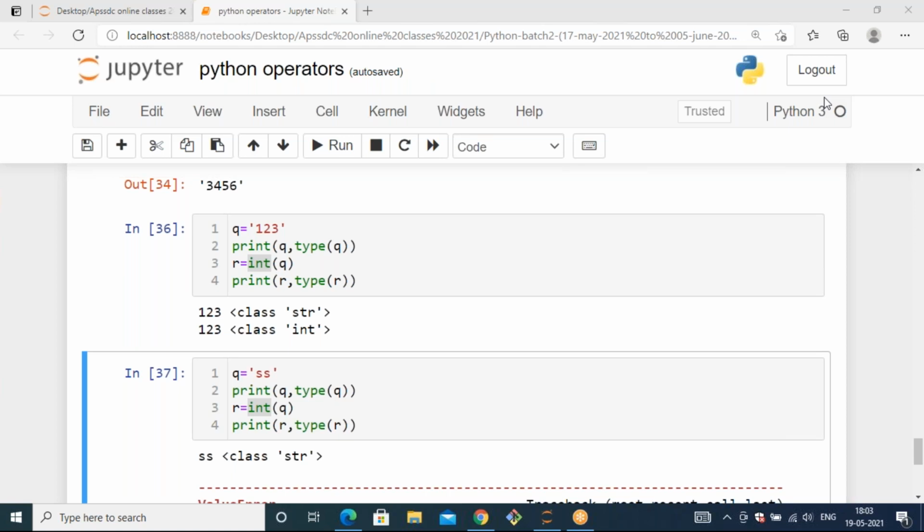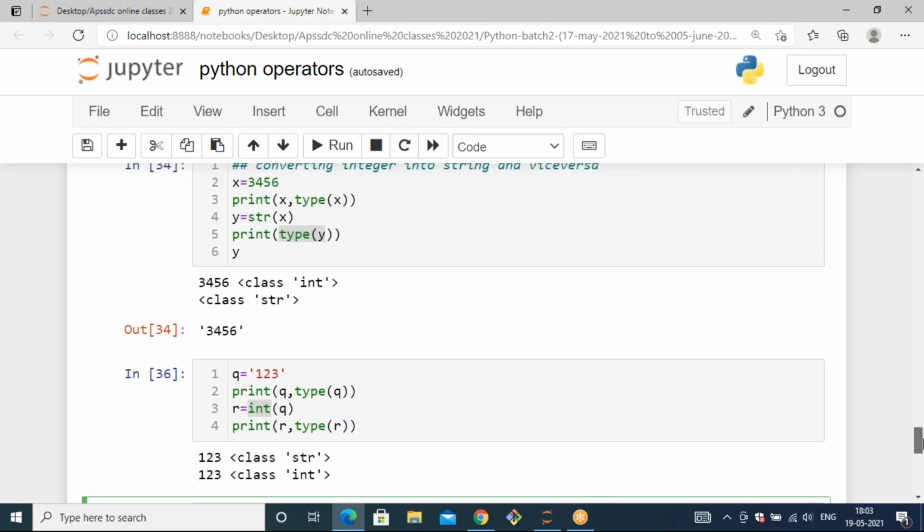So in Python, there is no double data type. Int to complex. Somebody asked me about int to complex.